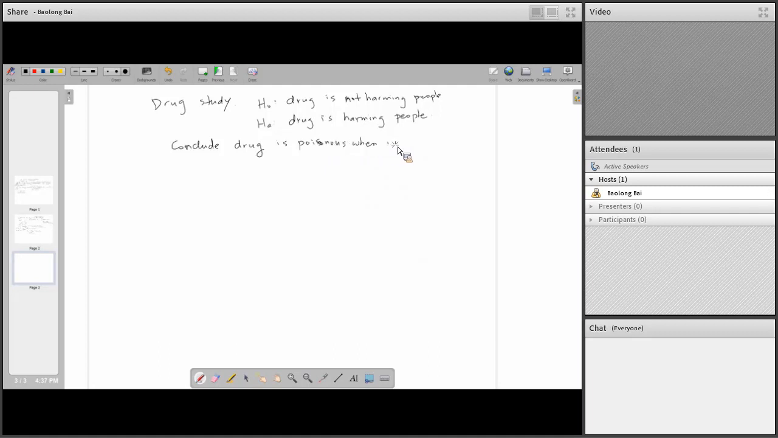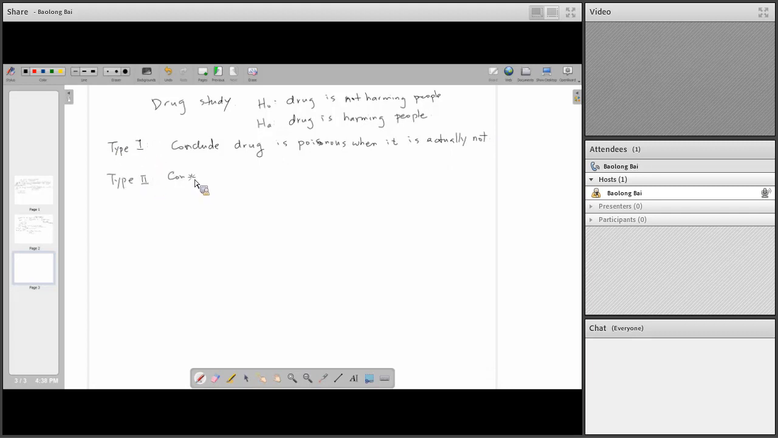When it is actually not. Reject null, and null is true. This is type 1. And type 2 error will be,